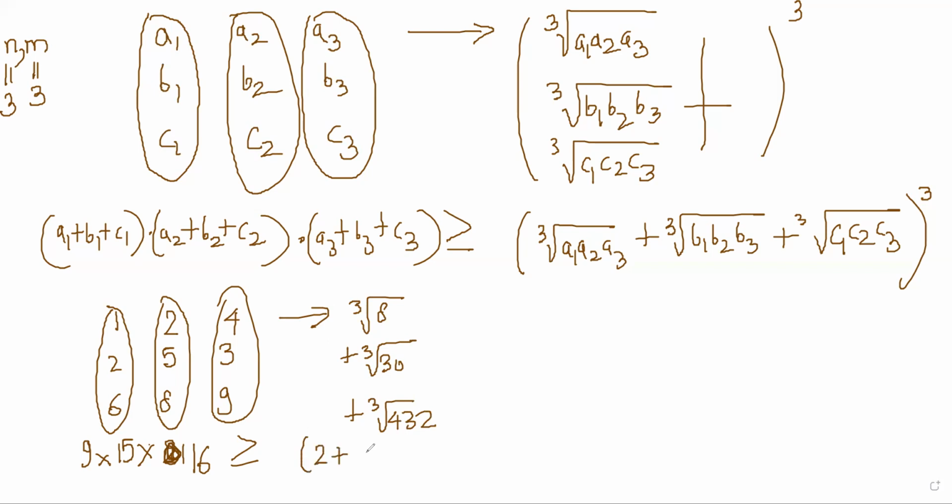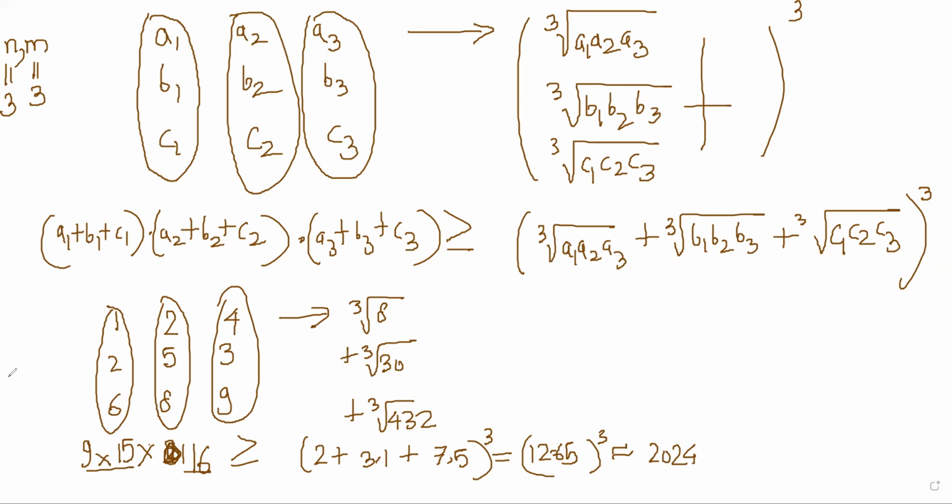So 2 plus cube root of 30 will be 3 times cube root of 3, which will be say 3.1, plus this will be 6 cube root of 2, so 7.5, let's say, and whole cube. So you can confirm for yourself that this value comes out to be around 12.65 whole cube, which is around 2024, whereas this value will be larger than that.